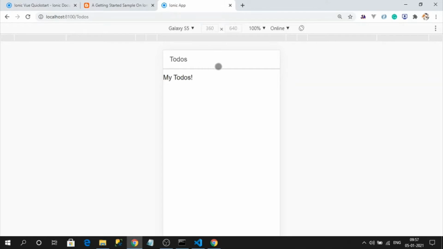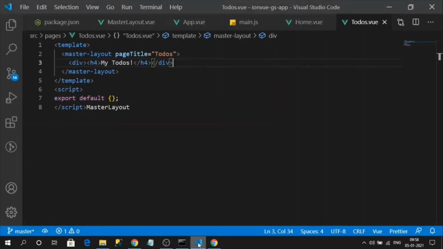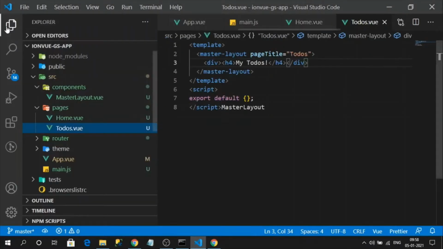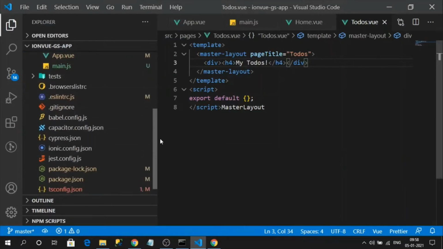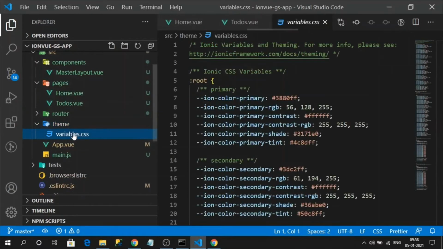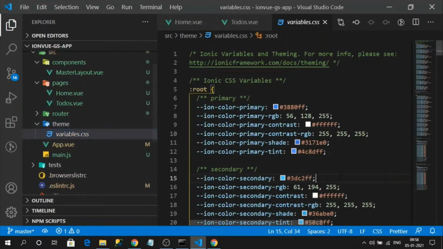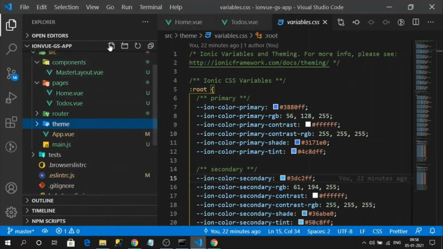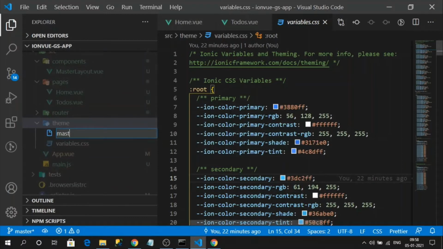Like a mobile header, everything. So now, to make it more beautiful, we will add some styling. For adding styling, I want to mention that by default there are some CSS variables for coloring. We are going to use them from the theme folder. If you go there, you can see all the CSS variables. I'm going to use these variables. So here I'm going to create a new CSS file like master